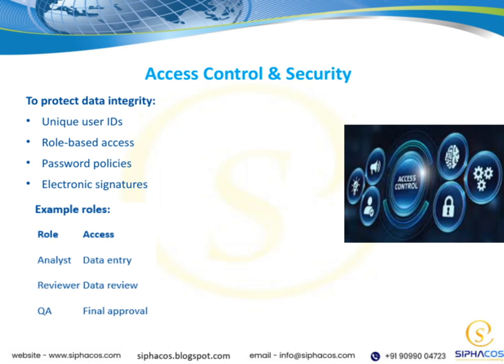Next, role-based access controls are crucial. They allow us to assign permissions based on a person's role within the organization, so users only have access to the information they need to do their jobs. Password policies are another vital component. Strong, regularly updated passwords help prevent unauthorized access. And finally, electronic signatures add an extra layer of security and authenticity to digital transactions, making sure that documents and